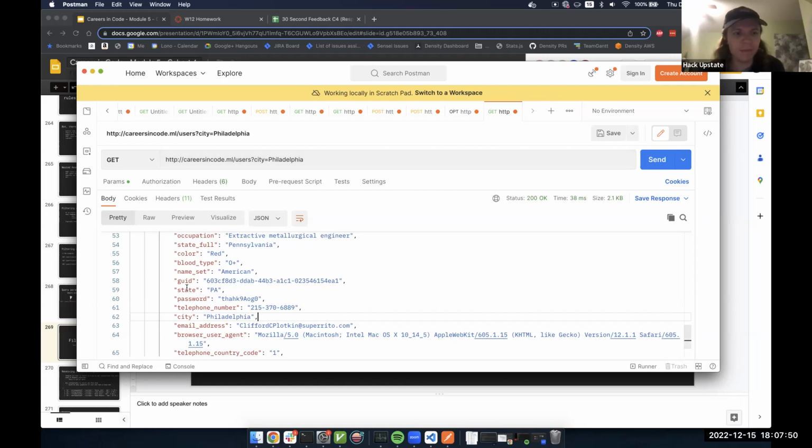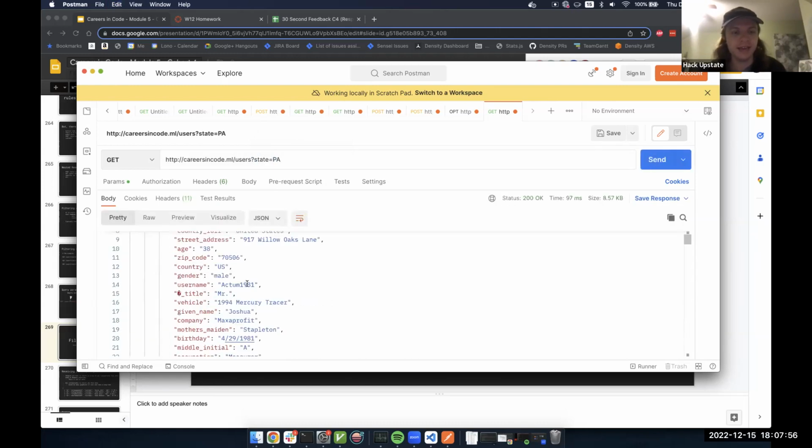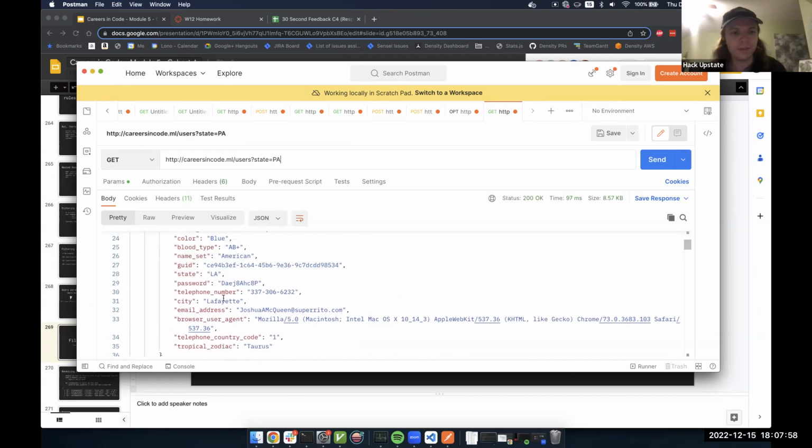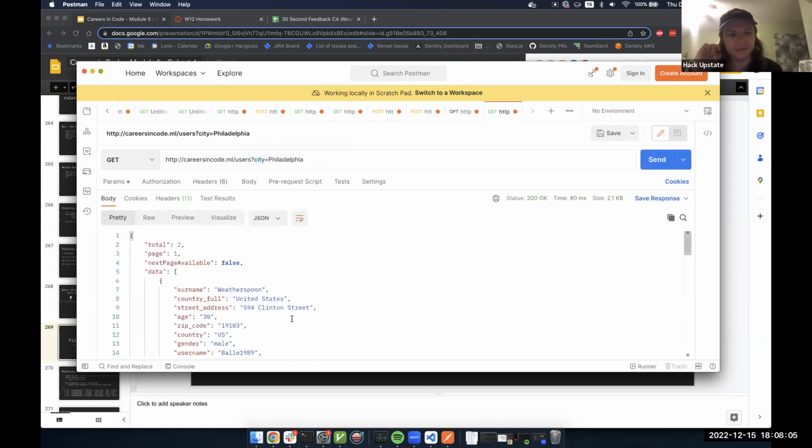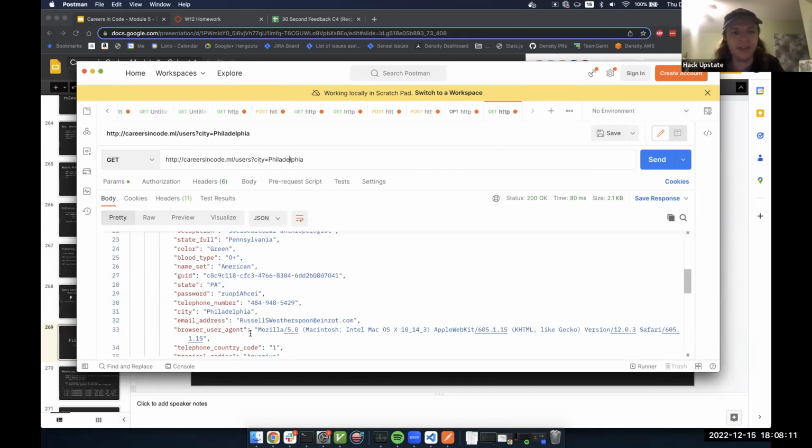I think actually I may have implemented all these as filters. Let's give that a shot. If I try state PA, yeah, I did. Very nice. So, oh, no, I didn't. I only did city. Never mind. So you can see there, I tried a filter for state and that didn't work. It gave me back a big list of data. It gave me back some that weren't in Pennsylvania. So yeah, it's not going to work for every possible thing, but